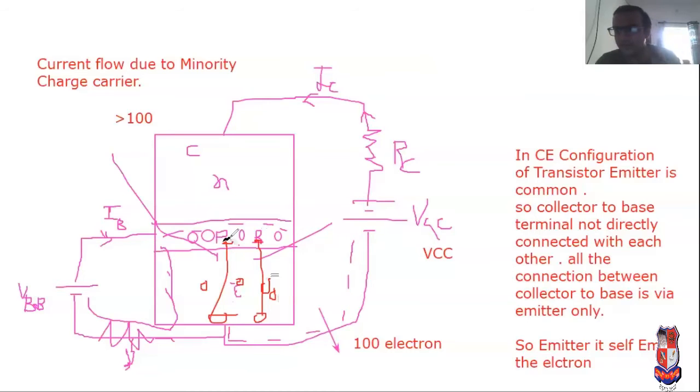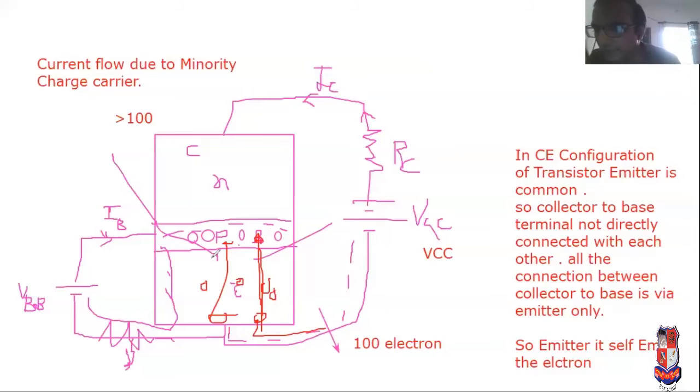Remember that point, in reverse bias leakage current can flow. This electron can be attracted towards this hole, and the electron goes like that. So more electrons can flow in the entire circuit compared to common base. In common base configuration, emitter is not common, and it is transferred through base to collector directly. But here direct connection is not possible, indirect connection is possible. That's why in common emitter configuration, a larger current can flow compared to common base.